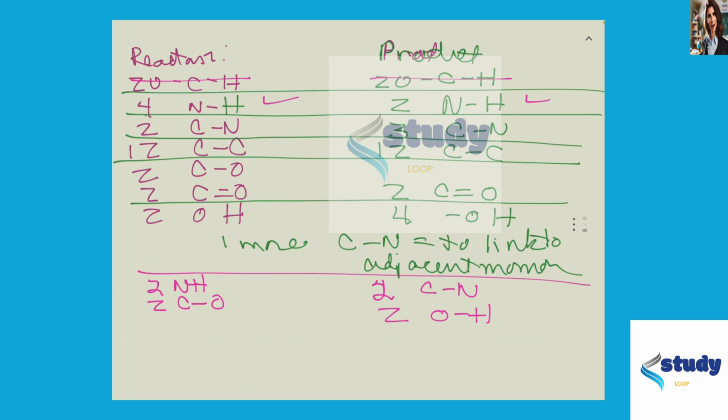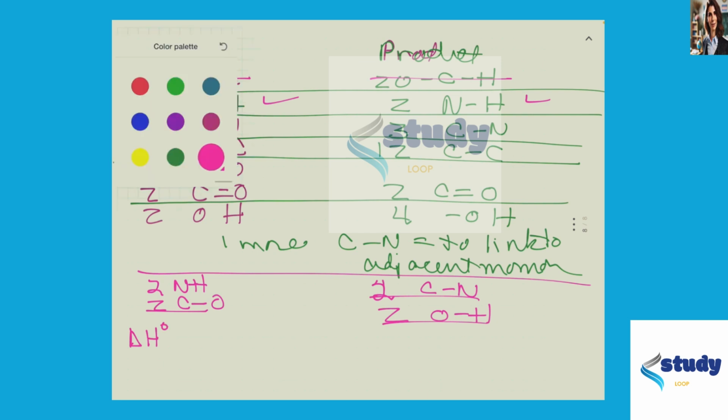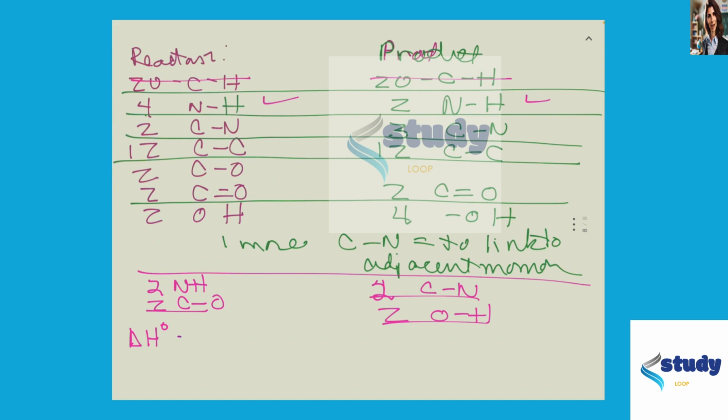So let me see. Do I have two of these? And two of these? Two of these and two of these. Okay, so there I am. That's everything that I need now. I can look up my values. Switch colors again so you can tell I switched. This will equal products, which will be